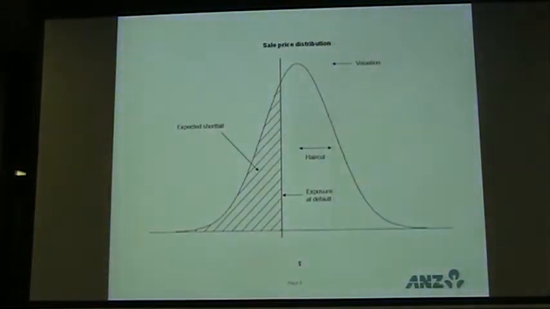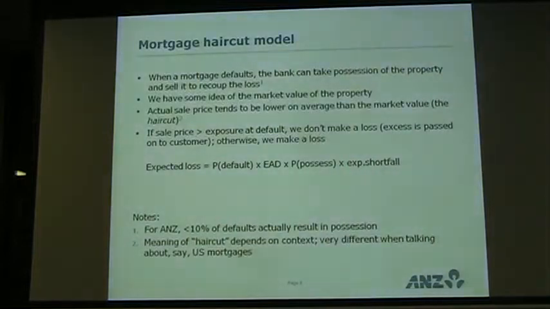Okay, the thing is that this is fundamentally an asymmetric problem. Basically, if you get a really low sale price, then you have a problem because you take a loss. But if you get a really high sale price, then the bank doesn't have a problem. You get all your money back and you can pay it back to them. Right? I'm not a banker, but I think if you over-recover, you have to pay the money back to the initial borrower, so you don't ever get a positive. That's right. So as said before, if the sale price is more than the exposure, we just refund the excess.